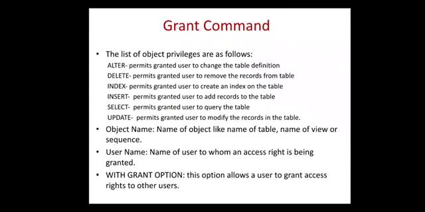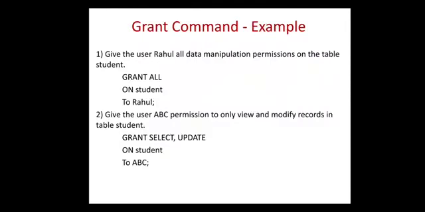This is the username which we have created using the create user command. And the last option is with grant option, which is written in square brackets. Square brackets mean it is optional, it is not compulsory. What is the purpose behind this? If you are writing with grant option, this allows a user to grant access rights to other users. It means he has the permission to give access, to give rights, to other users.